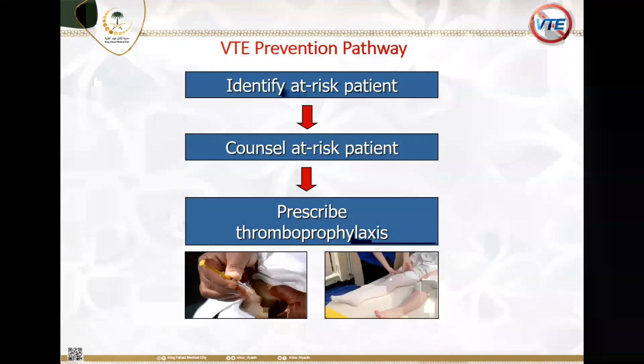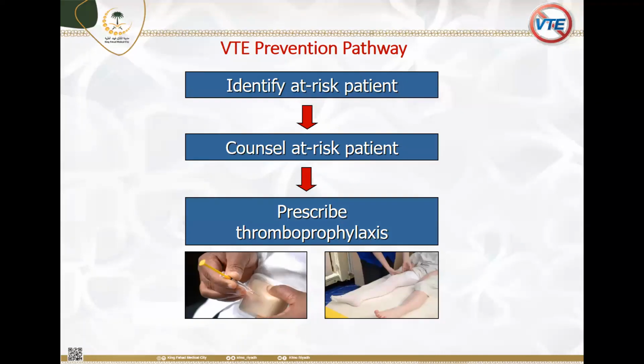You just tick the risk factors: age of the patient, if surgery, for example the duration of the surgery, risk factors, and family history, thrombophilia, etc. You don't need to memorize it, just look at it, identify the risk factor and choose it properly. Then, very important, counsel the at-risk patient, like we explain to the patient the importance of VTE prophylaxis,